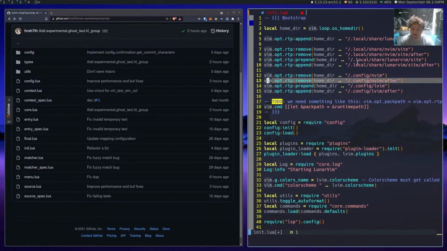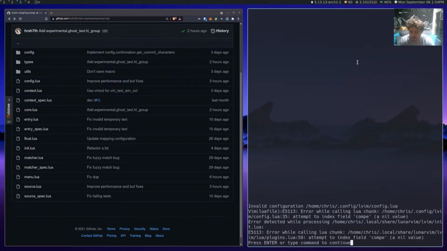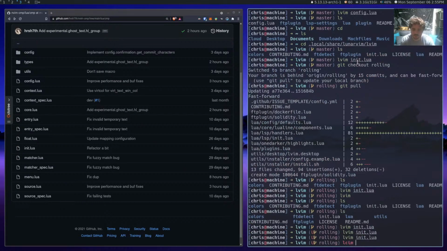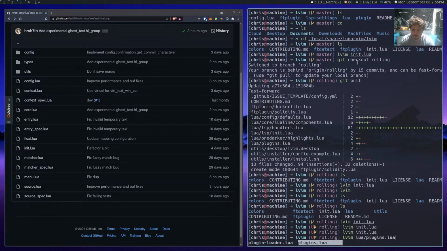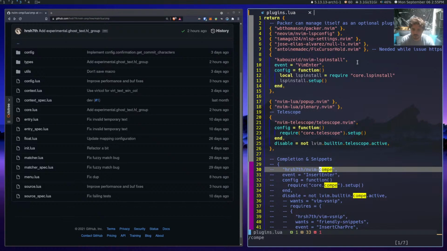What's the problem? Local share lunar vim lvim plugins attempt to index field Compe in plugins. Okay, so why don't we take a look at plugins then? Yeah. Compe.